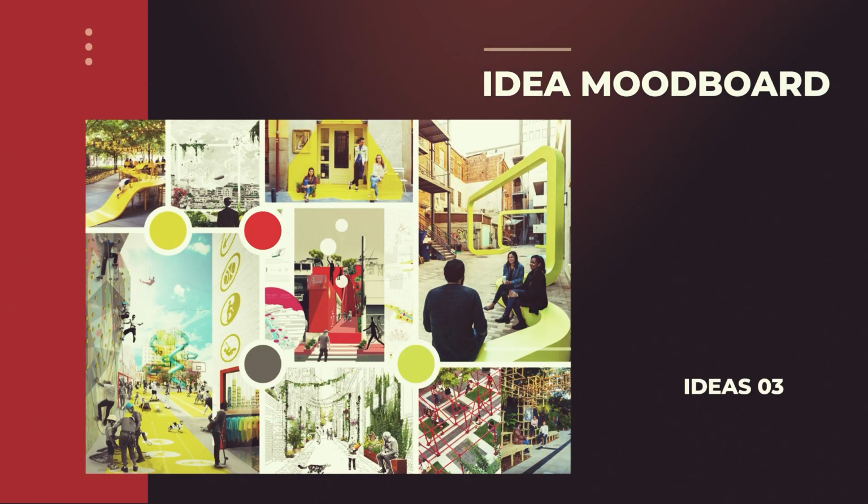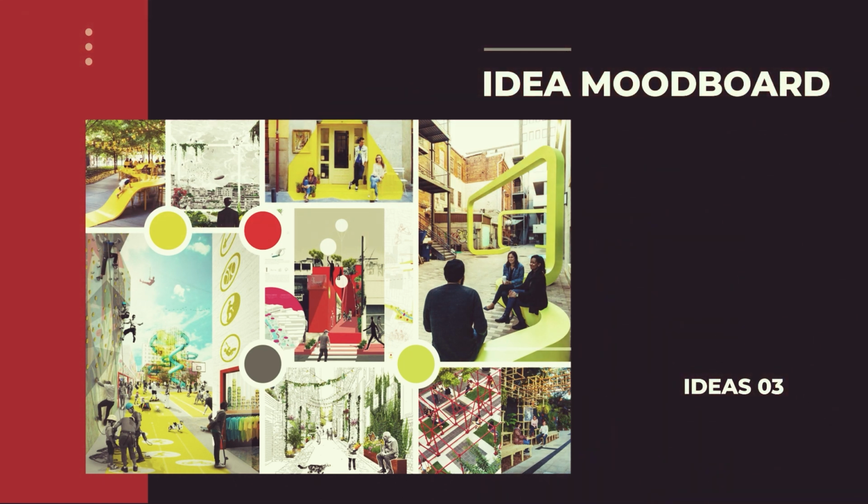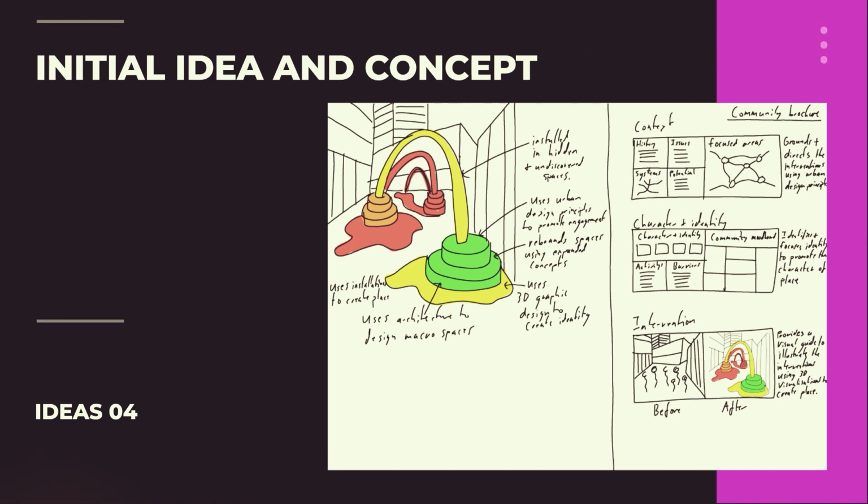The ideas evolved around creating play and art installations to create place. The focus is to create interventions that promote engagement and activity. The initial idea was to create art installations in the street and alleyway spaces to promote change. The idea provided an initial starting point for the project.